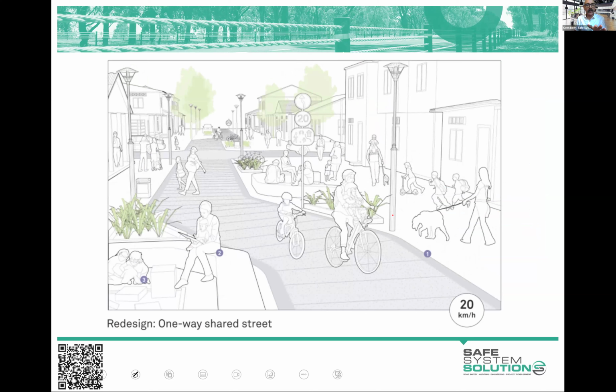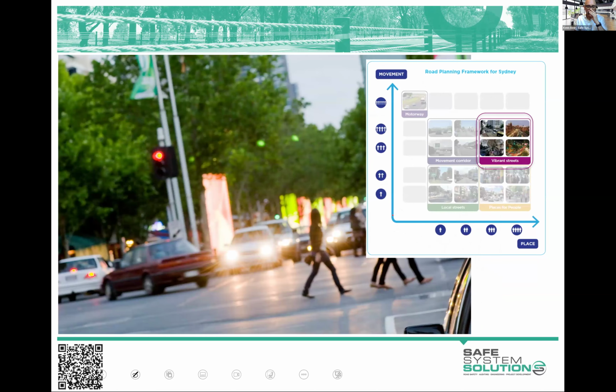you can see it's a slower area. I'm going to jump onto this one, and what we're going to do is I'm going to explain it, and then I'm going to give you a good 7 minutes or so to have a stretch, fill up your coffee, and pop a few ideas in. But this is where we're in this vibrant streets category, which is high place value. High place. We're trying to make this a real place to hang out, to trade, to go have a drink, coffee, catch up with people. But there's high movement requirement as well, trying to get people and goods through this area in one way or another.